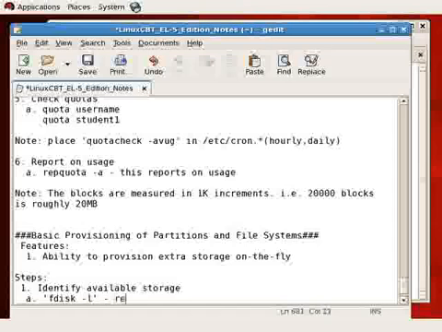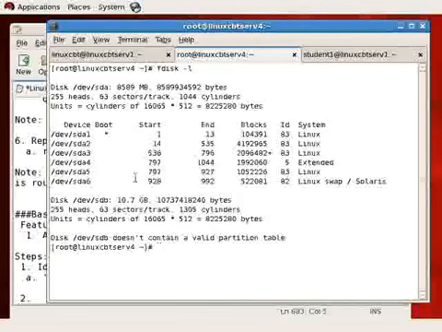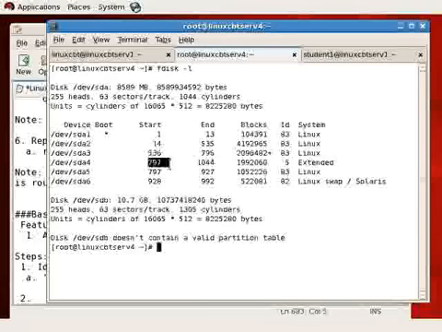This returns connected storage and tells us what we may use for storage, and that may include free space on an existing disk. So fdisk -l will tell us if there's any free space. For example, it tells you the total number of cylinders, 1044, and if you follow the cylinders 1 through 13 for the first 3 partitions, which terminates at 796, the extended occupies 797 through